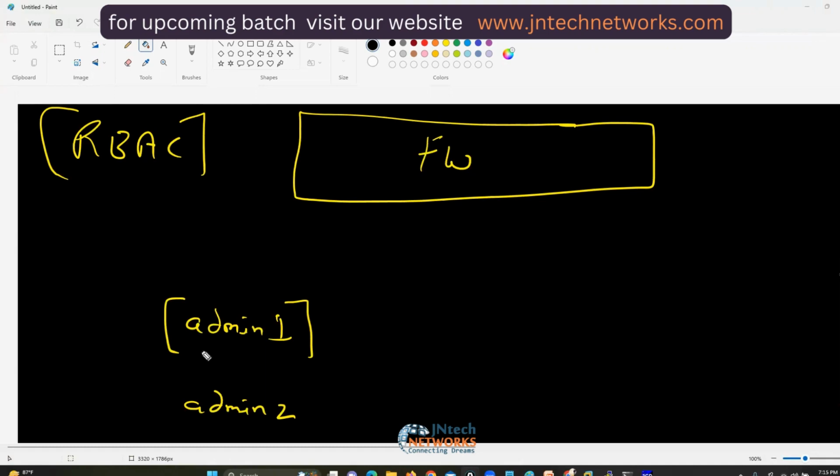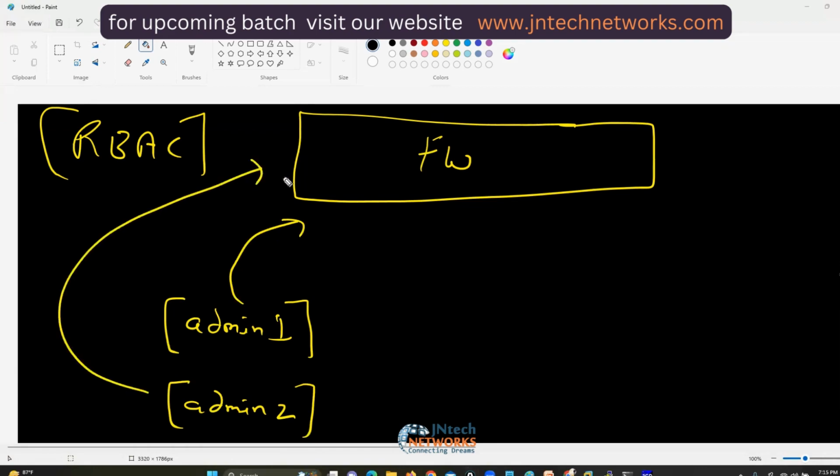So whenever this admin 1 logs into this FortiGate firewall box, he can do anything. He can do any kind of changes. What about this admin 2? This admin 2 is my L1 administrator. Whenever admin 2 logs into this FortiGate firewall box, he can only view the configuration. He cannot change anything, for example. So I want to define the level of access, or the privilege, what